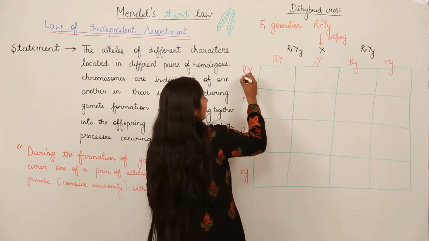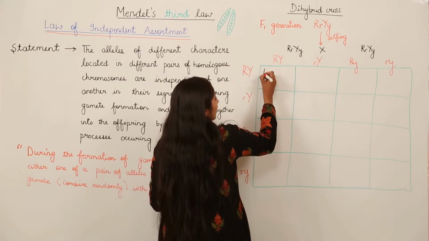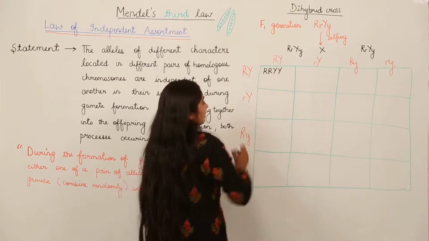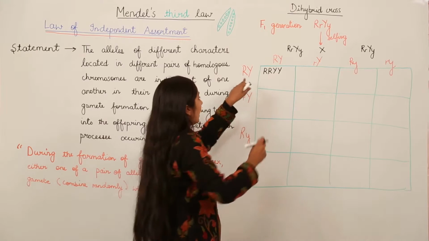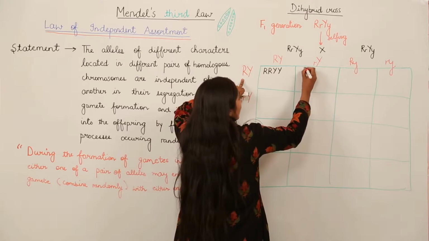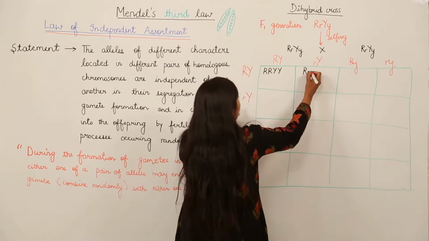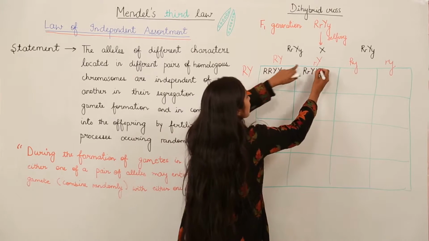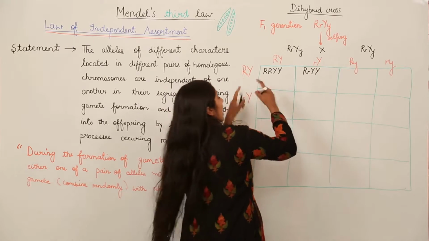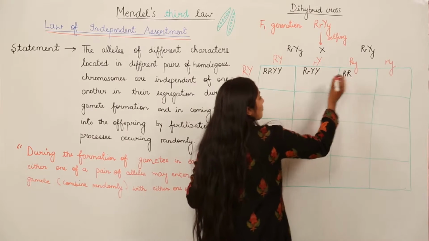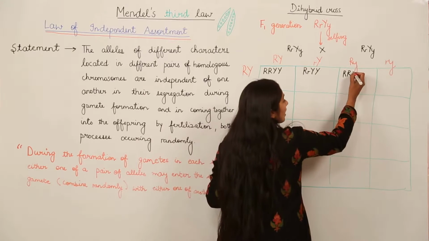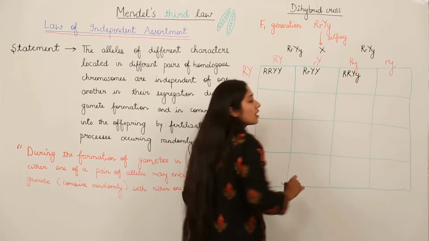See, here we can have a combination. When we multiply this, we will have both the capital R and both the capital Y, right? This is what we are going to arrive at. And then we are going to combine this with this combination. So we will have one capital R, one small r, one capital Y, and the other is also capital Y. Okay. Let's move on to the next combination. You will see we have both the R capital, capital R, capital R, capital Y, small y. So we have 2 capital R, 1 small y and 1 capital Y.